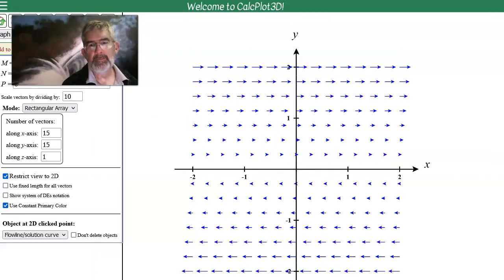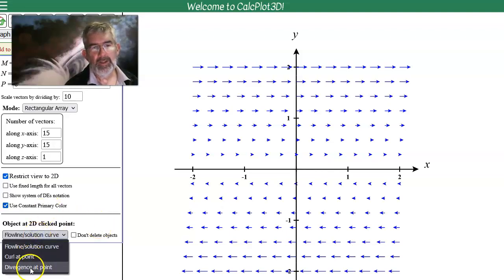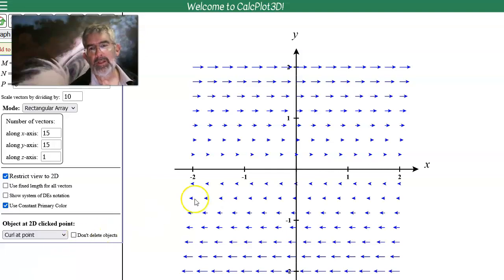So let's go back over here now. I have the option here of showing the curl at any point. So if I click on a spot here,